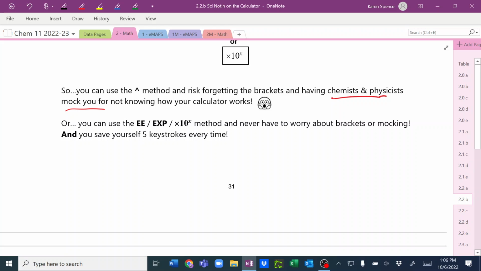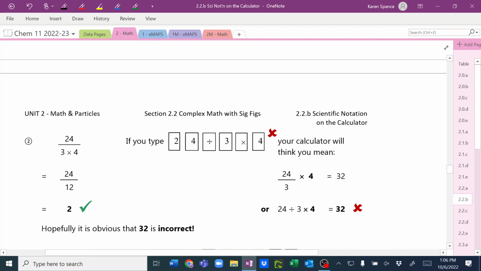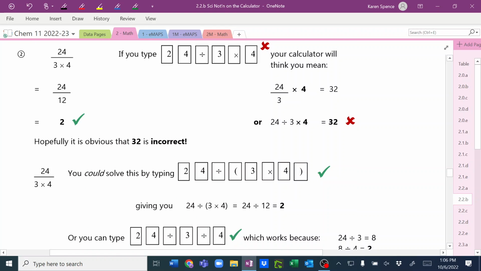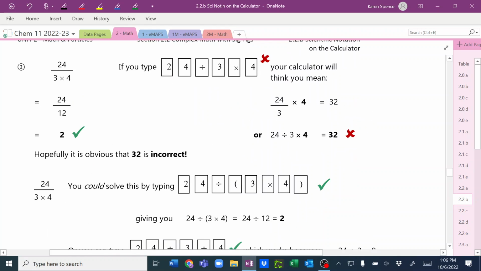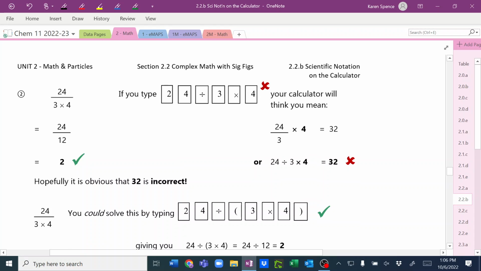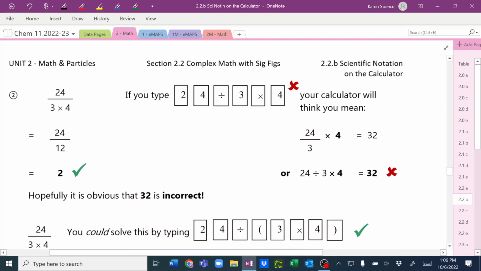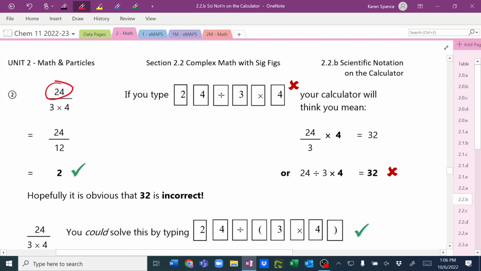Okay, so here is another way. This is just explaining why it works. Oh, no, maybe I won't skip it, because sometimes people will type this into their calculator, and this is another place where you can just go wrong. If I wanted to take 24 and divide by 3 times 4,